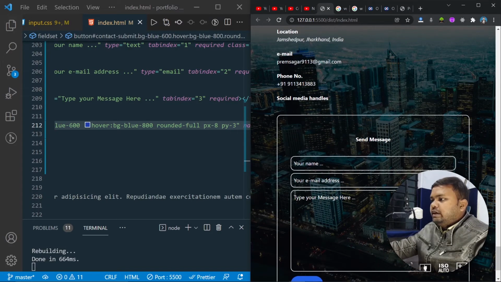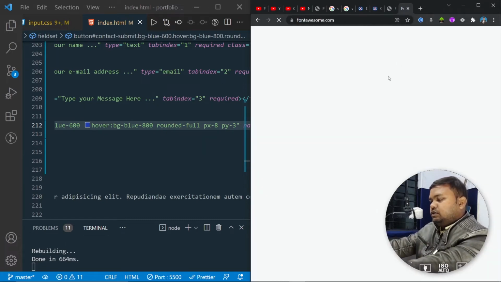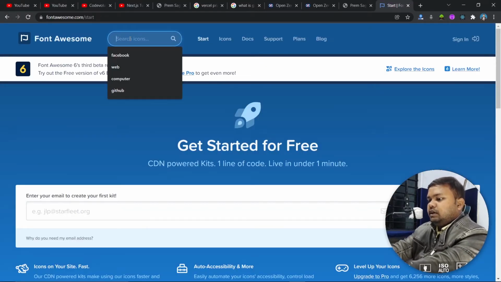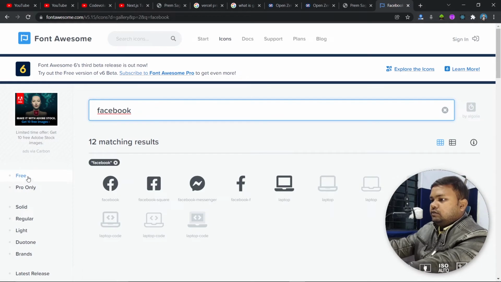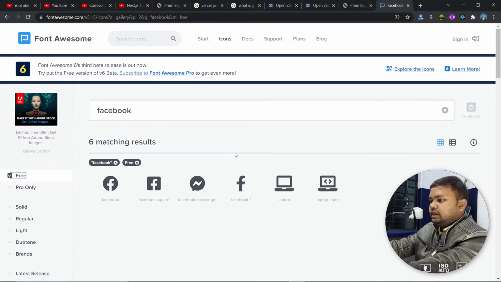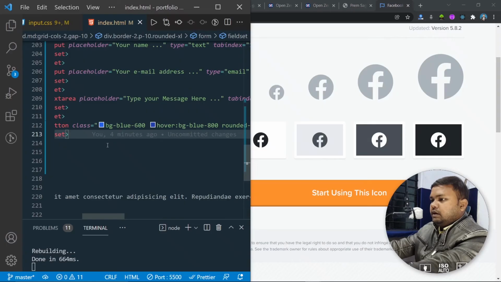Now we need to add some icons from Font Awesome. So I'll go to fontawesome.com and I will search for icons of all of the major social media platforms. So here in the search bar, I'm gonna say Facebook, and first of all let's click on this free link so that it shows only the free icons. I'll click on this icon, then I'll click on start using this icon, and let's copy this HTML and paste